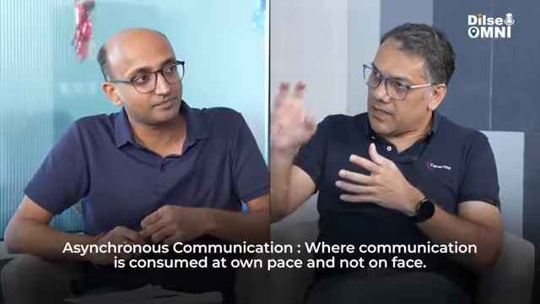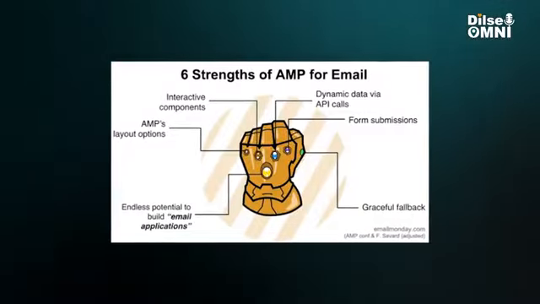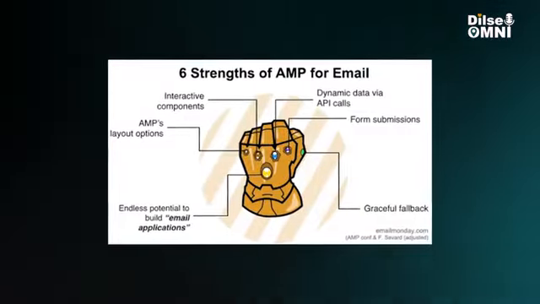You don't push something, it's not urgent, it's not right now. And it can be personalized and it is like a full web page. Exactly, right? And with AMP you can actually do a lot more within the email itself. You can respond to a survey, you can check out a catalog. In fact, I have seen POCs where you can build the whole shopping experience within email. I would not recommend you do that, but it's possible if you wanted to go down that path, right?